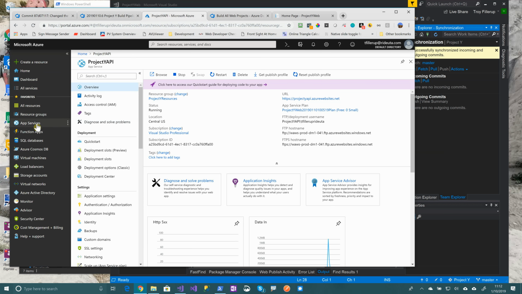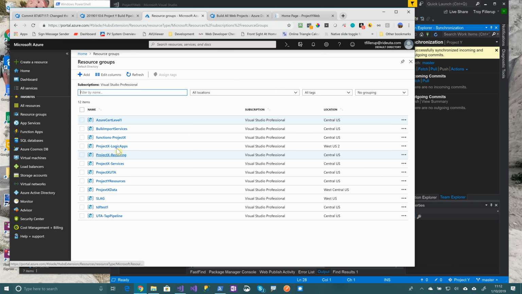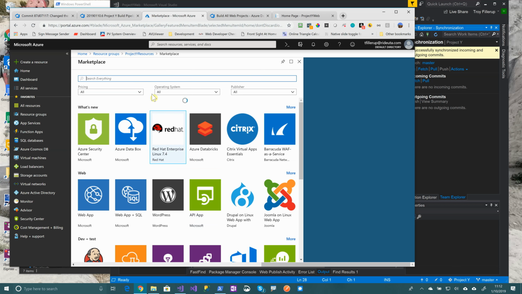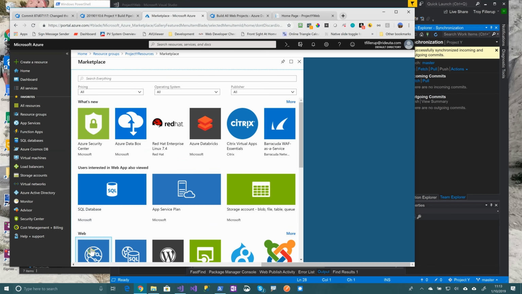And so we're going to go into our resource group. For this example, I'm only going to create one more. I'm going to create a QA app service, and then we'll use this app service as our prod. So we're going to create a new app service, and I'm going to call it